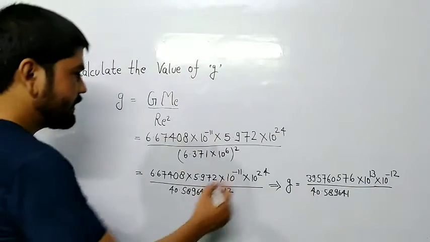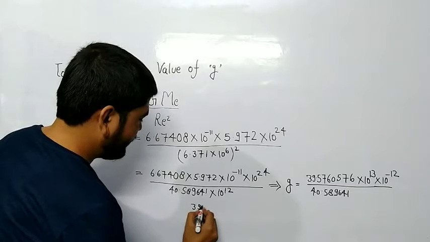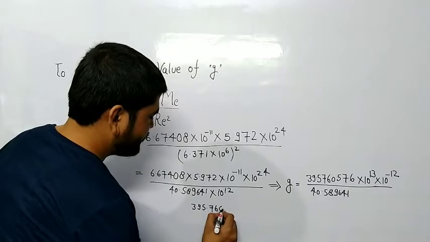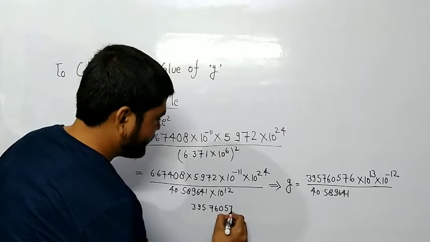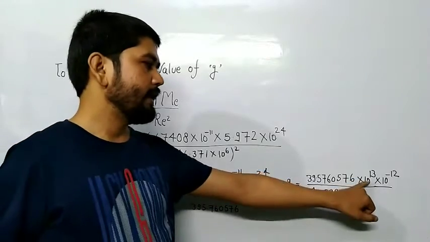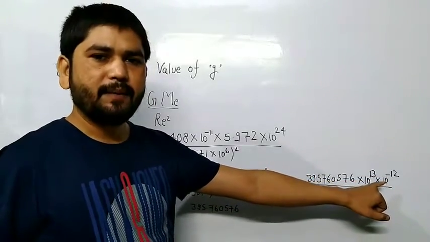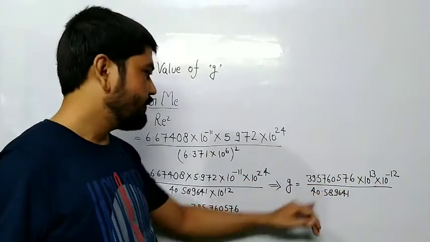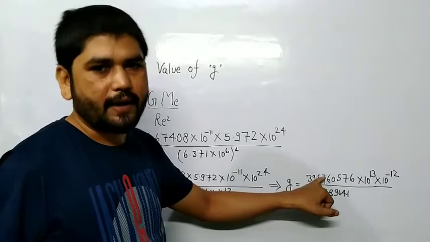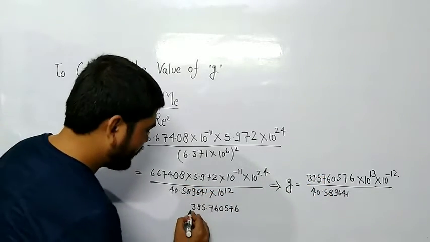So we will write here 395.76056, because 10 to the power 13 minus 10 to the power 12 is 10 to the power 1, and 10 to the power 1 means 10. So we have moved the decimal 1 digit to the right side. That's why it is written 395 upon